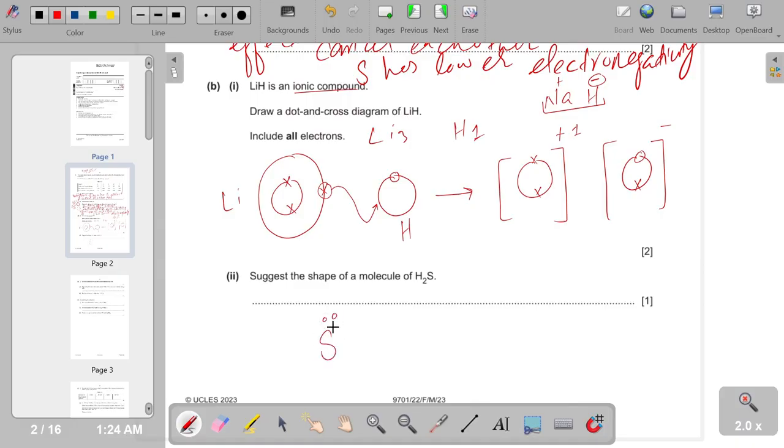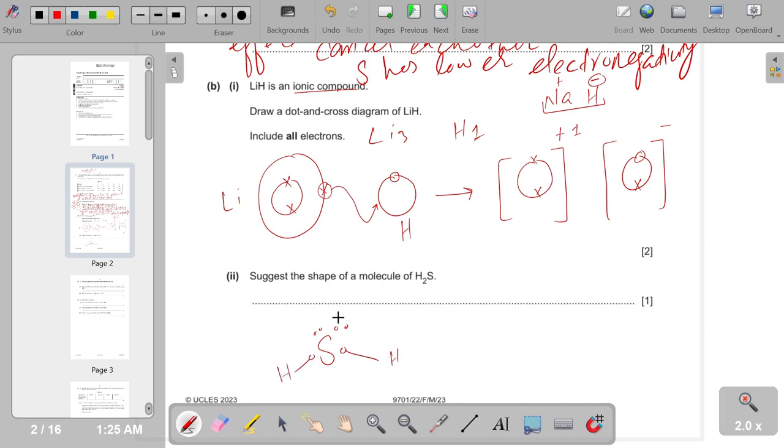1, 2, you can even write this. One electron pair and second electron pair. Four electrons are here, fifth and sixth. Now they're being shared with this hydrogen, because sulfur is a non-metal, hydrogen is a non-metal, so there's a covalent